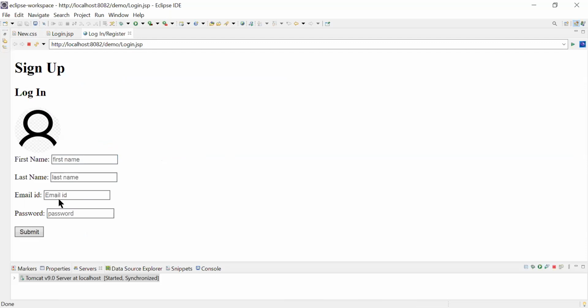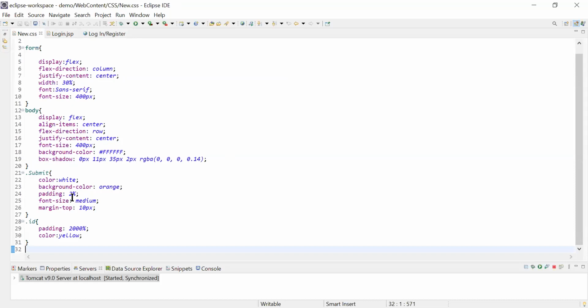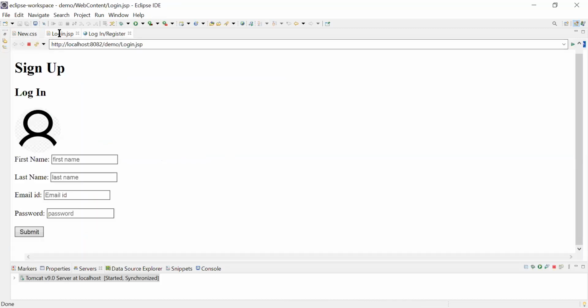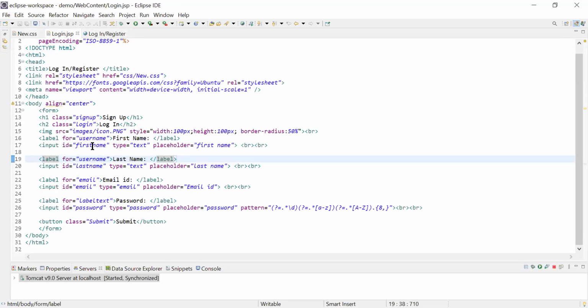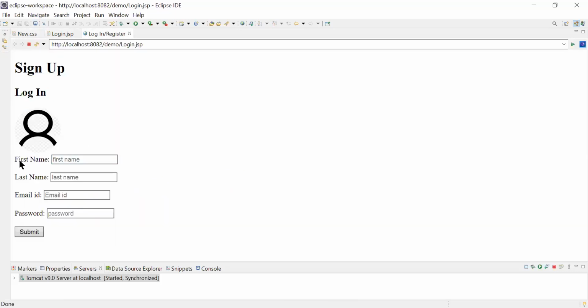Moreover, the aligning of these tabs is also not there. Can you see that I have mentioned the ID as yellow, ma'am? My IDs are first name, last name, email, and password, but if you can see, ma'am, these are all in black words.